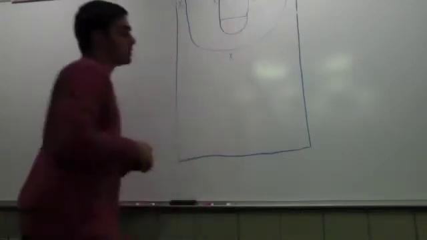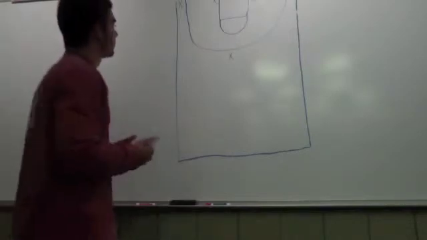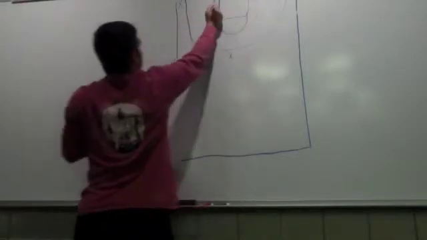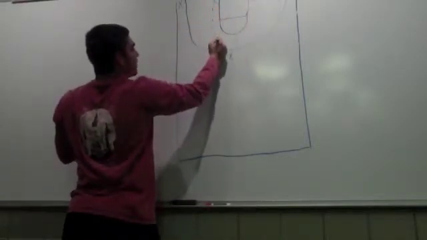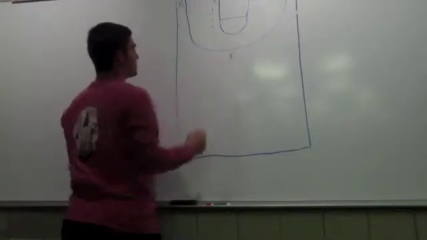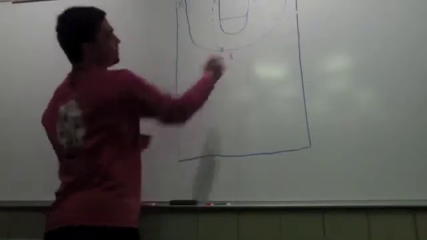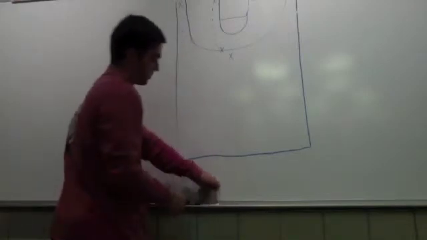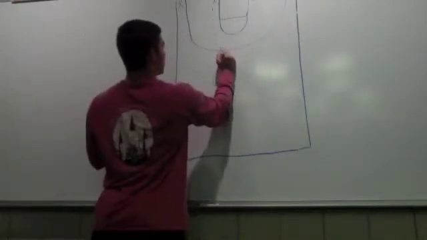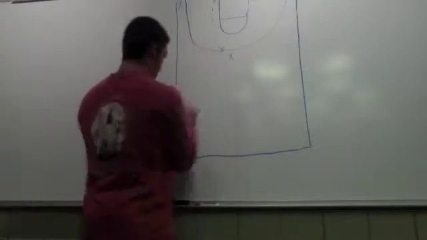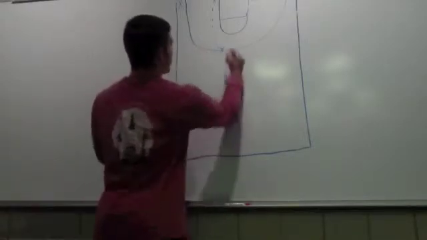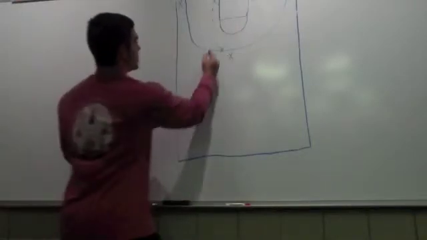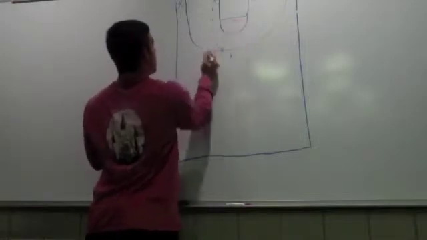In isolation, you can call for a screen. In doing that, one of your two inside guys up here is going to come screen down, like so. Screen your man for you to come around the screen. When you come around the screen, your screen guy is going to roll down like so. And you can either get him off the pick and roll,